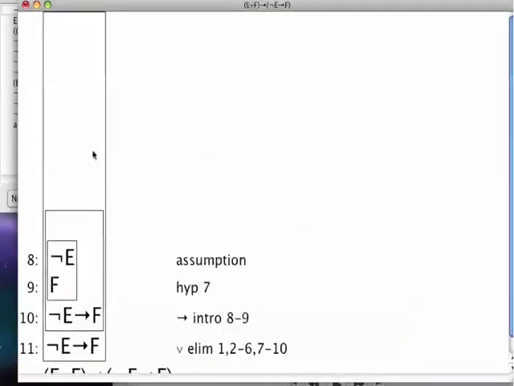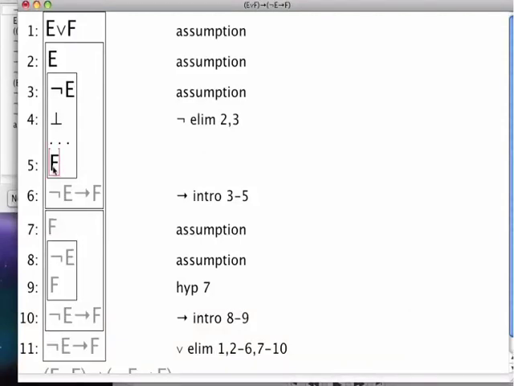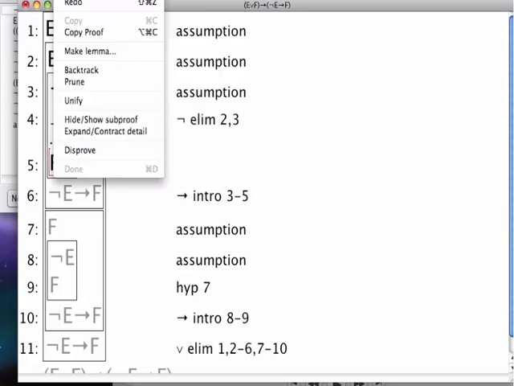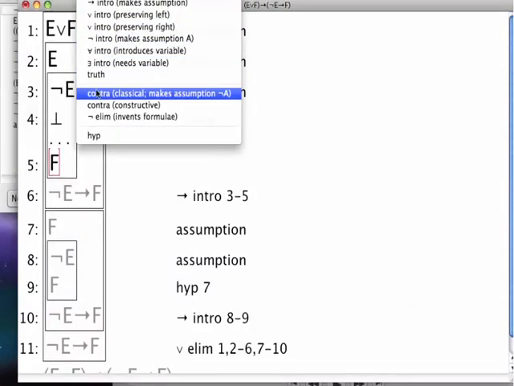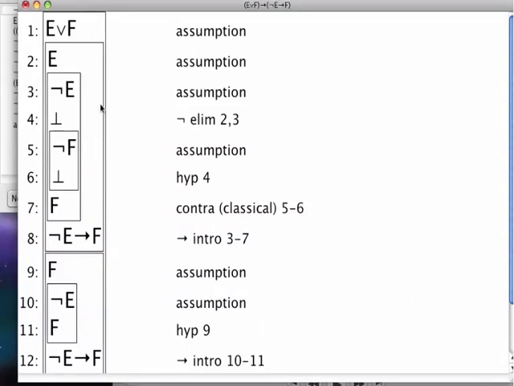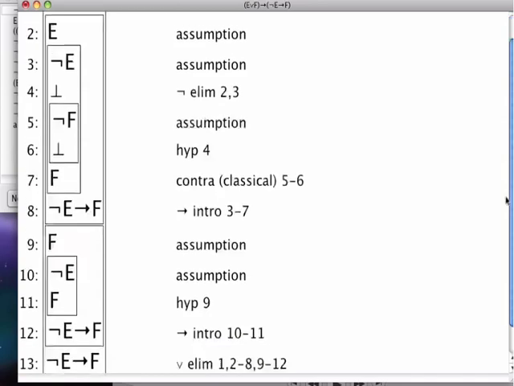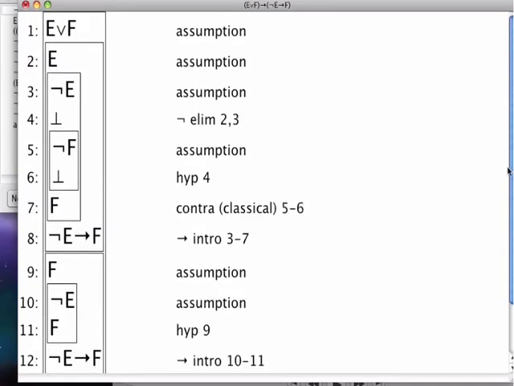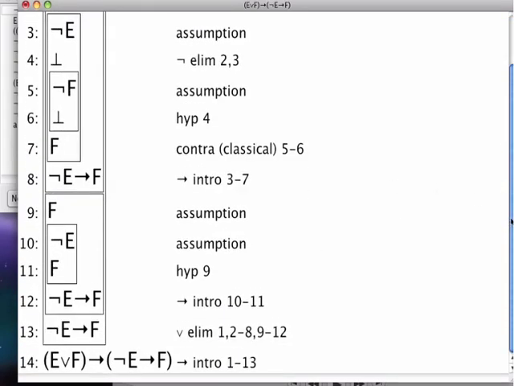Just to show. So now we have an undo. So now instead of that, I could argue for F. I have to justify F. I can do it by classical contradiction. I can say, okay, we want to show F. Let's assume not F, and then from that derive a contradiction. But since we already have a contradiction, we just import that into this place. So we can see if we assume not F, we got a contradiction, and from that we conclude F. So this whole proof is now valid. So this case is 14 lines. So I gave a number of different proofs of the same sentence here.